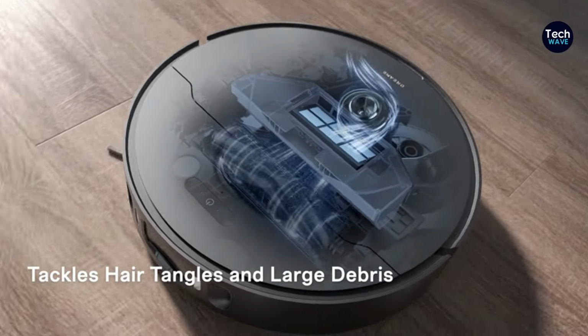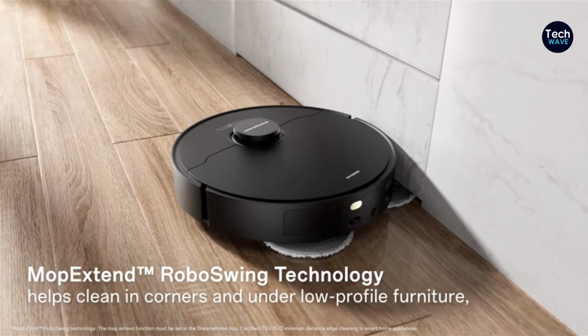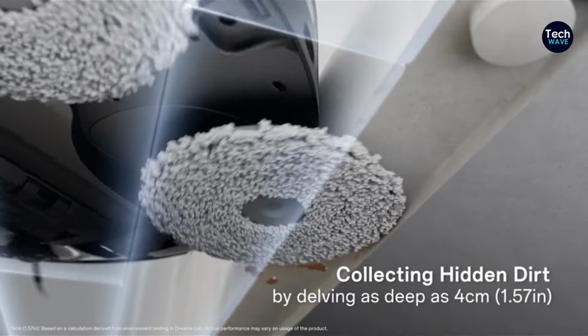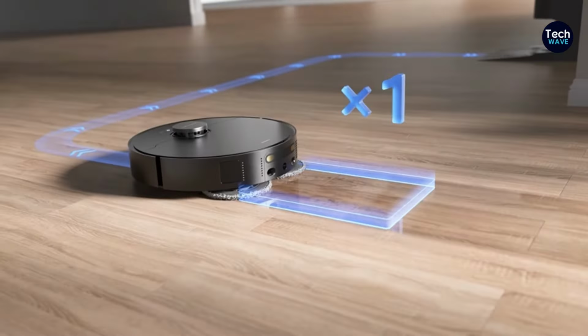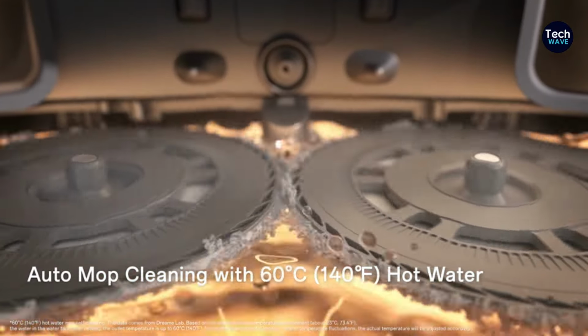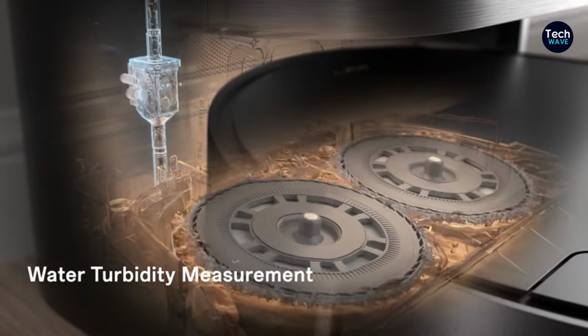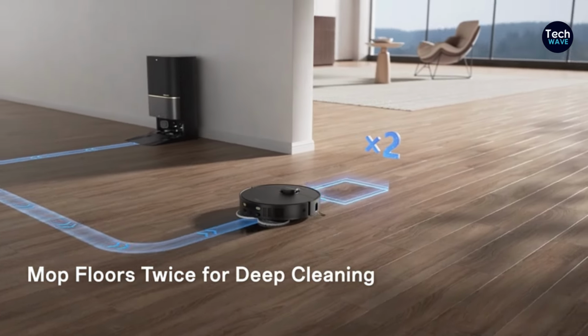Mop Extend Robo Swing technology allows it to handle messes along edges, deep in corners, and under low-profile furniture up to 1.57 inches. Smart dirt detection, mop rewashing, and floor remopping capabilities help to scrub sticky dirt from floors twice, ensuring a mess-free home. With 8,300 PA suction power, it efficiently picks up heavy messes from both carpets and hard